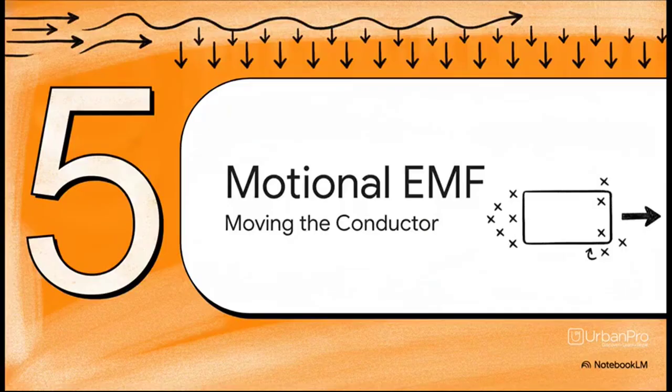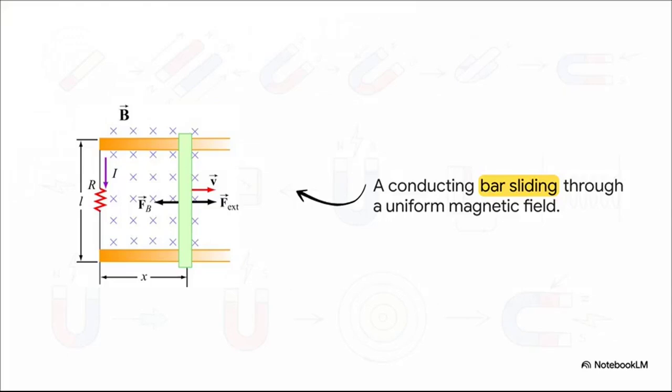Part 5. Motional EMF. Up until now, we've changed the magnetic field itself. But what if we move the conductor instead? Take a look at this setup. We've got a solid conducting bar sliding perfectly smoothly along U-shaped rails through a stationary, uniform magnetic field pointing into